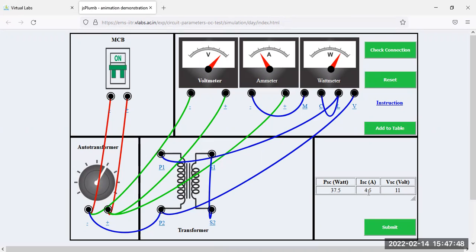And next parameter, that means the impedance value. The equivalent impedance value on the high voltage side, that means how much? Voltage short circuit by current short circuit. So voltage short circuit you already obtained from the voltmeter, that means 11, by current, how much? 4.5. So just divide this 11 by 4.5, that you will get the value of impedance value. Is it not? So this impedance value and resistance